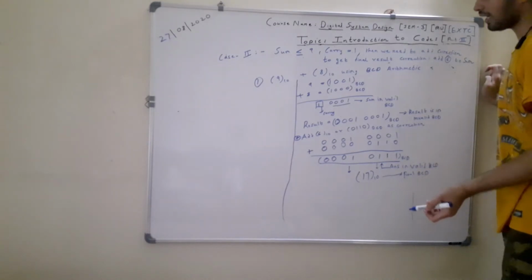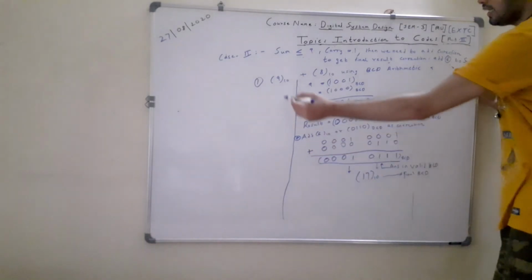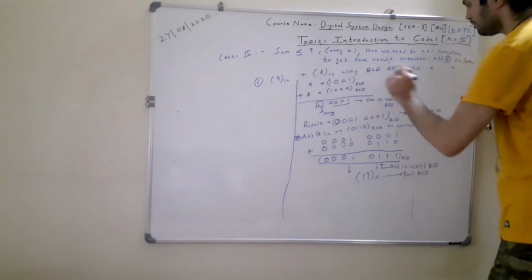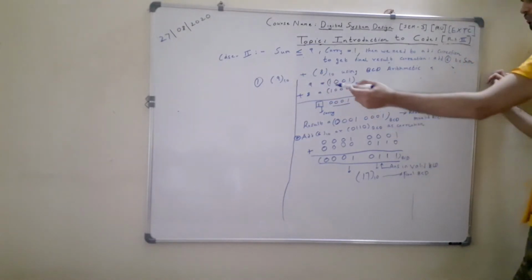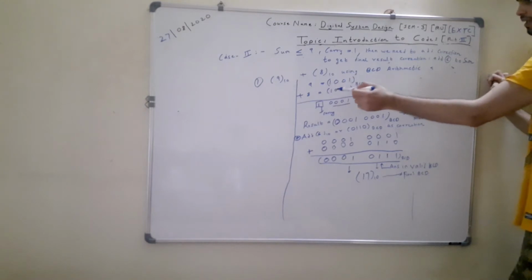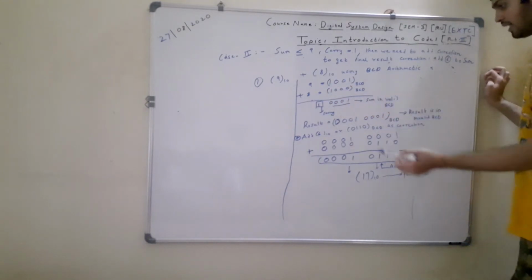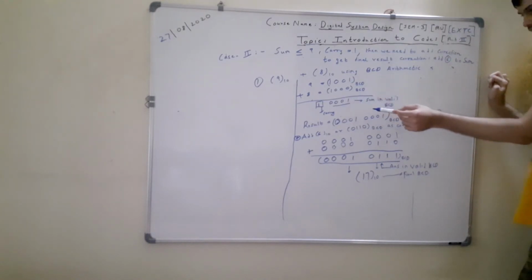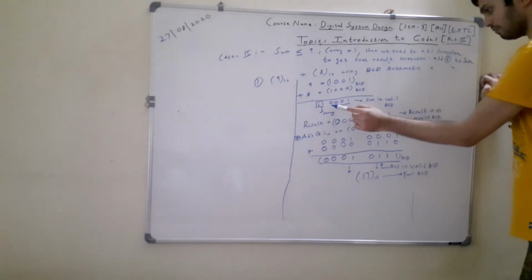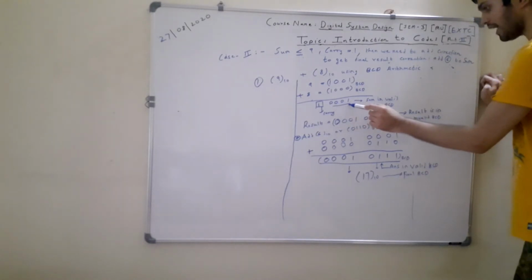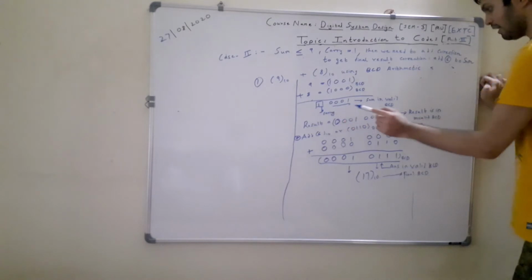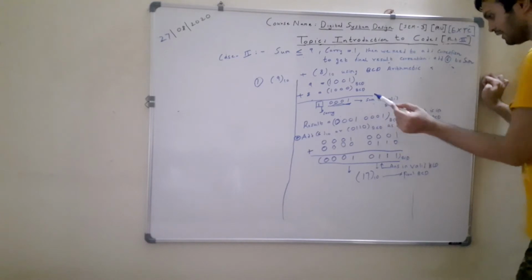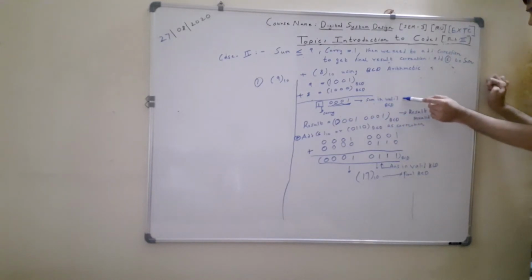Now let's take an example for case 2 in addition. Let us say I want to add two numbers, decimal number 9 and decimal number 8, using BCD arithmetic. So what will be the first step? I will write 9's BCD equivalent and 8's BCD equivalent and add them together. After addition I get the following result as sum: 0001 as the sum, and carry is generated. From here you can see only the sum part of the result is in valid BCD. So that's the reason I have written that the sum is in valid BCD form.